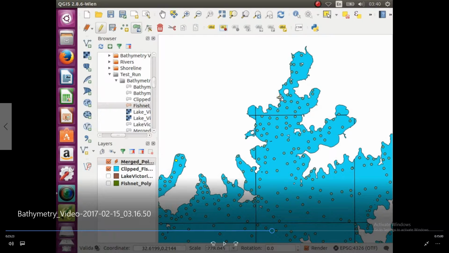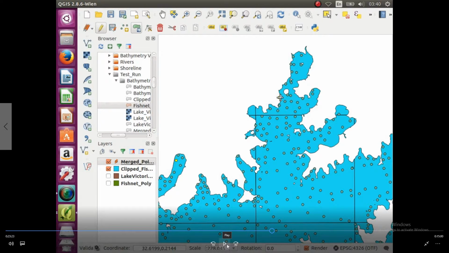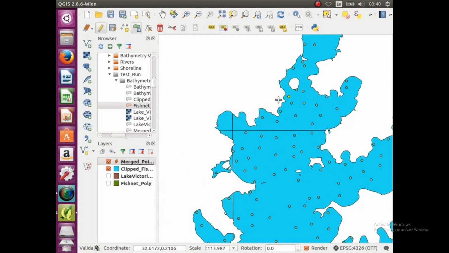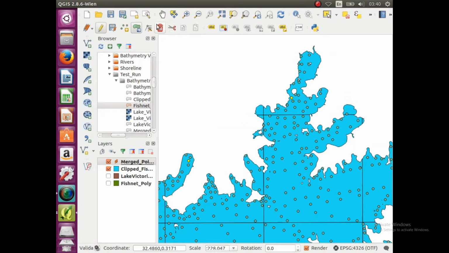So I just messed up on this one. It didn't affect it much, but most of the time it would change the results. So make sure you just click the node tool. I'll end up changing it back on the next one. I realized what I did, but just for your sake, make sure you're on the right tool. See, that's why I'm clicking so much, because it's not highlighting red, because I'm on the wrong tool. So, finally end up dragging it in, but that changes all of them,